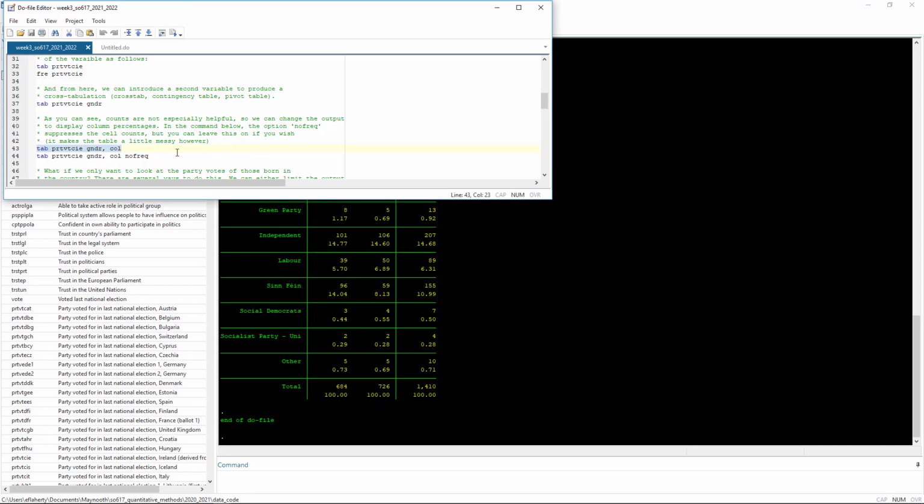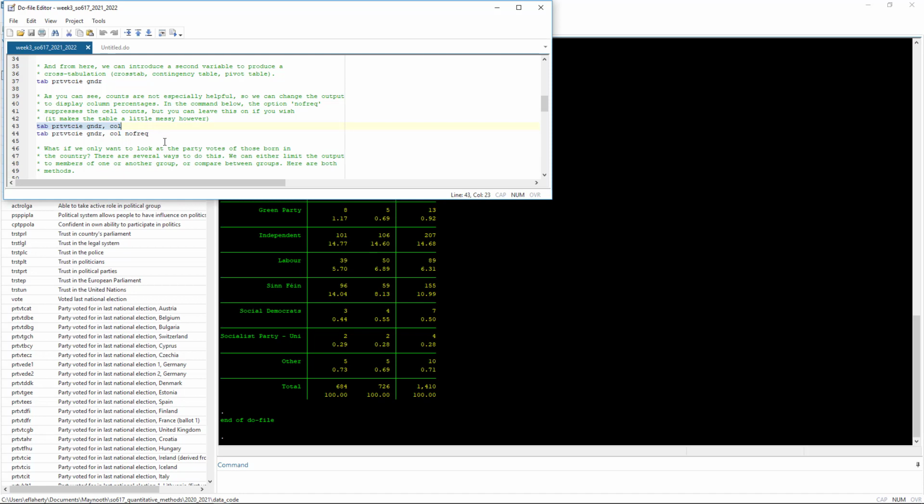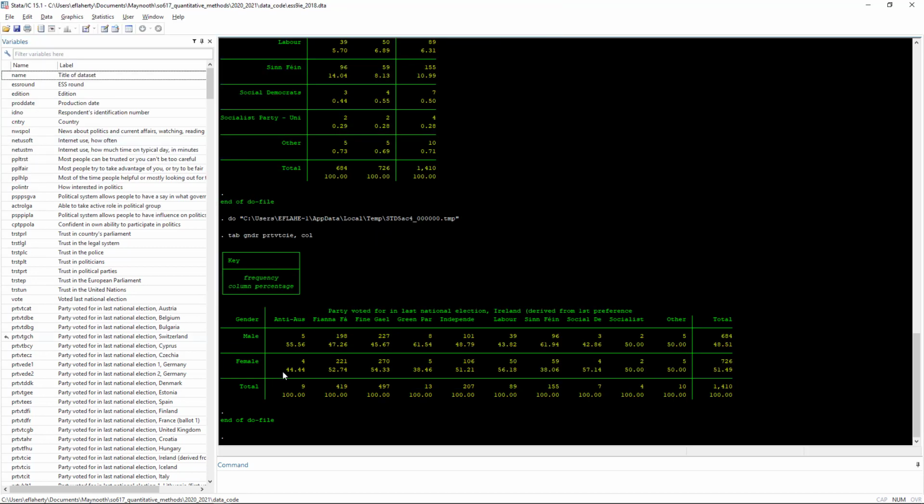We can change the orientation of these tables with a few small amendments. I'll show you what I mean, and this should also illustrate why sometimes we might want to change the orientation of the tables if a variable has a particularly large number of categories. So if I start with gender first, and then I put in the party variable, you'll see it gives me a table that's a little bit wide, and because I've asked it to give me column percentages,